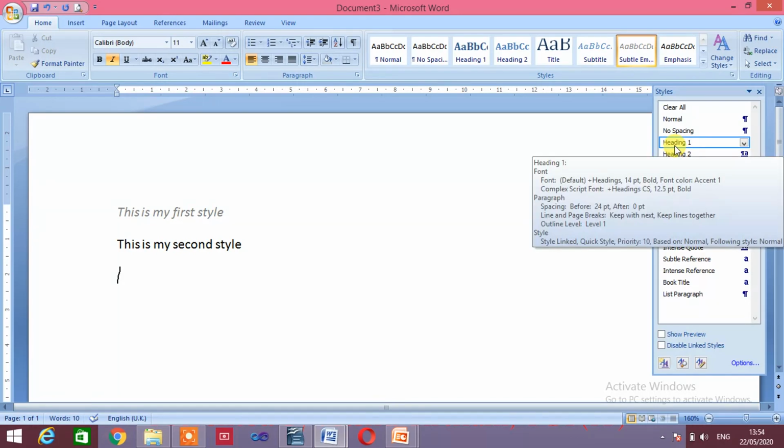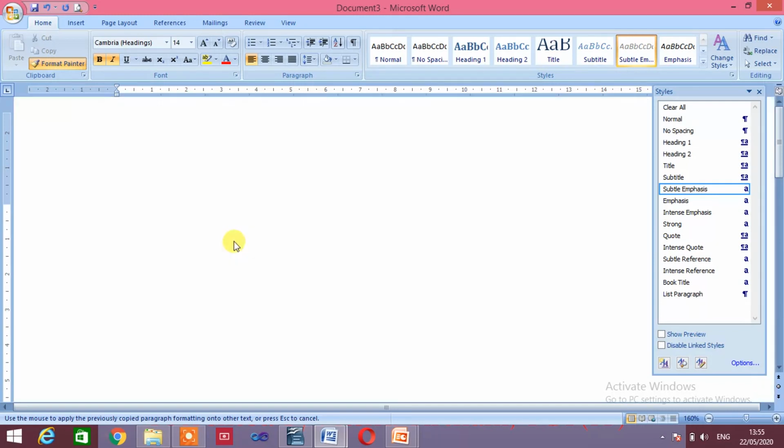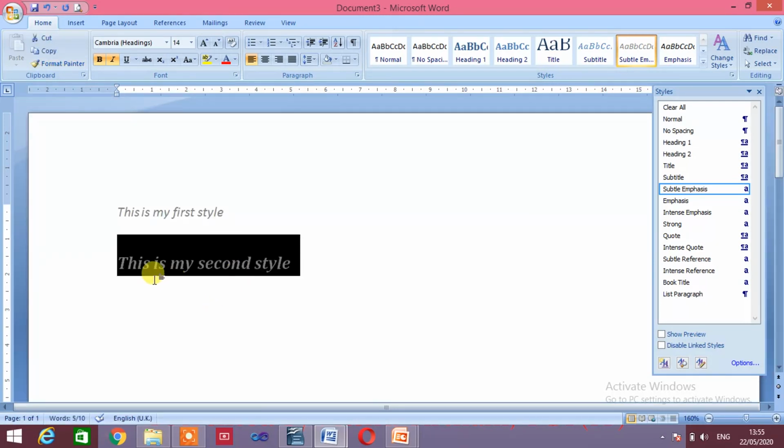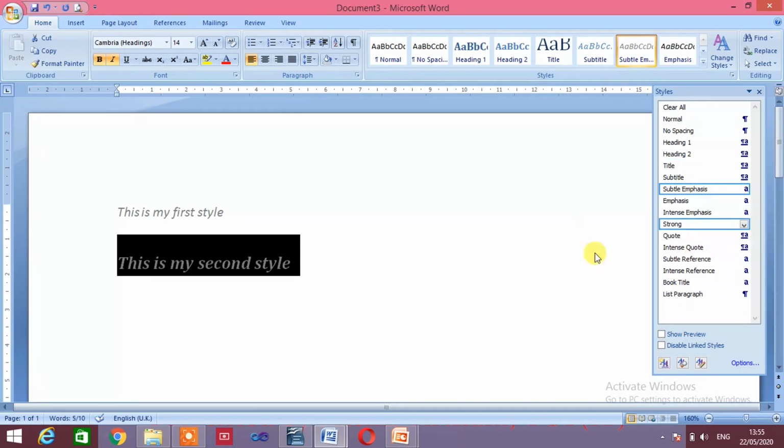I will click Heading 1 and then I'll click on Format Painter and then I will drag the insertion point to the particular sentence. You will see now the second style will be converted into the Subtle Emphasis style. So this is a way to use the fill format.